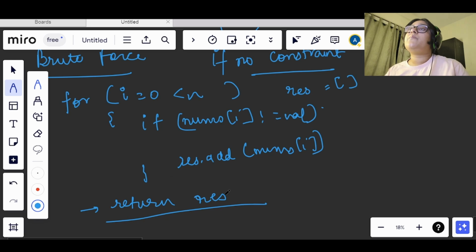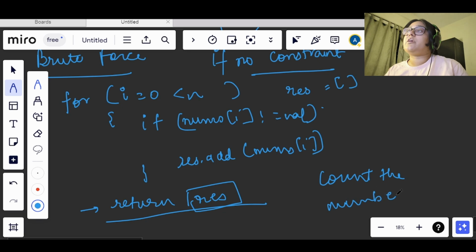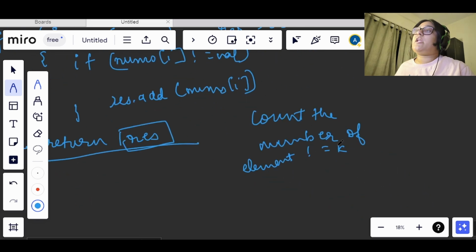Or, if we are told that we need to count the number of elements which are not equal to val, then we can just return the length of res, right?